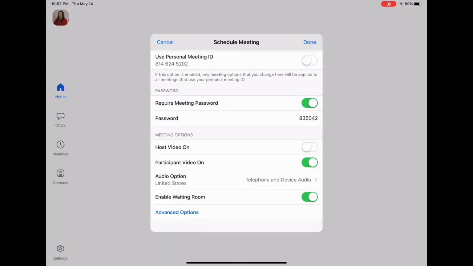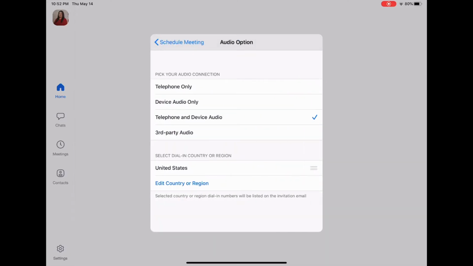have parents call in because they don't have a device, then you can click on this menu here, and where it says telephone only, device audio only, telephone and device audio, click on telephone and device audio. And that's how we had our PLC today, where some people called in and some people were on the actual video. Then you go back,